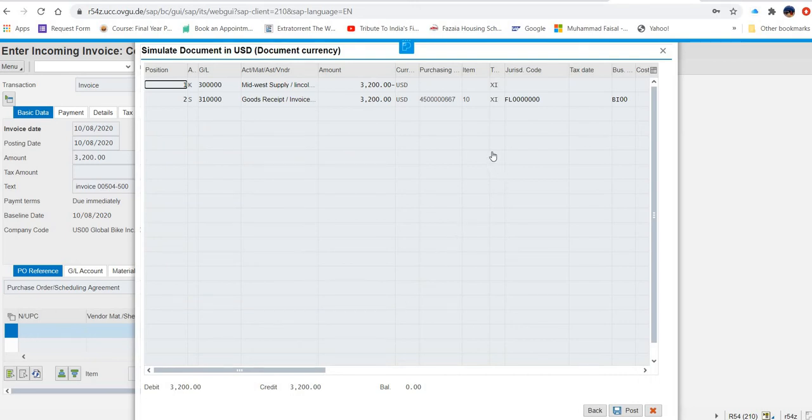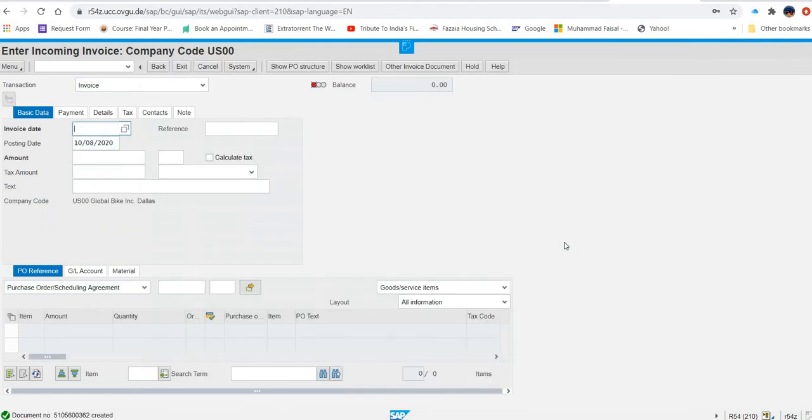Now you can see here it is showing your simulation, whatever your posting is. So then what you will do, you will just press post and a number will be generated maybe.